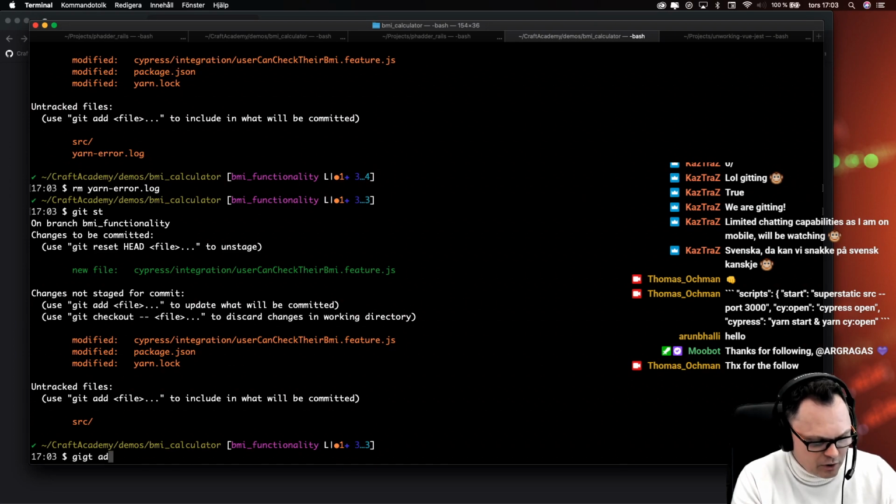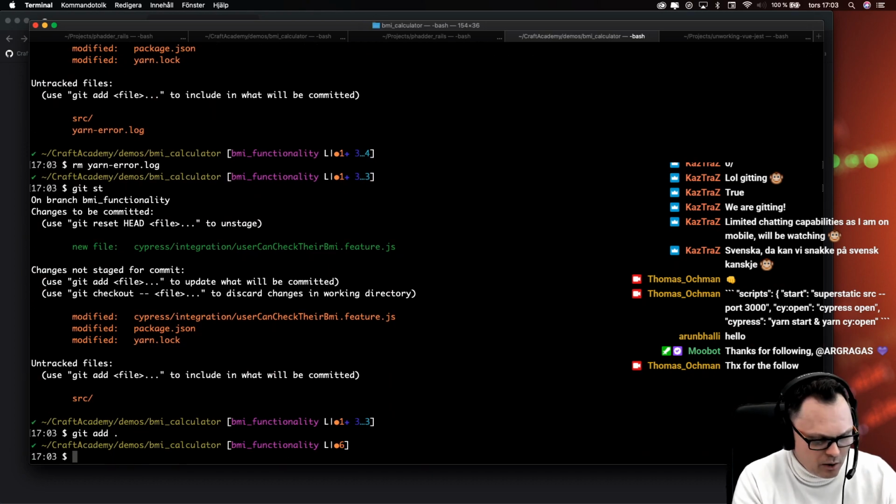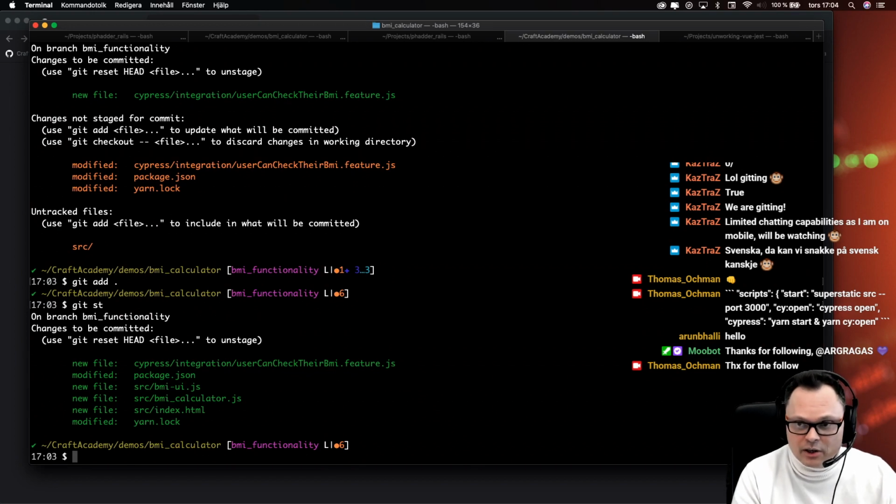Git add, because we want to add the files in our source folder. That's important. And now do git status again. Always sanity check, did you actually include everything that you were supposed to include? And git ci, which is a shorthand for commit. Git ci, and I always pass in the am flag, and I would go so adds